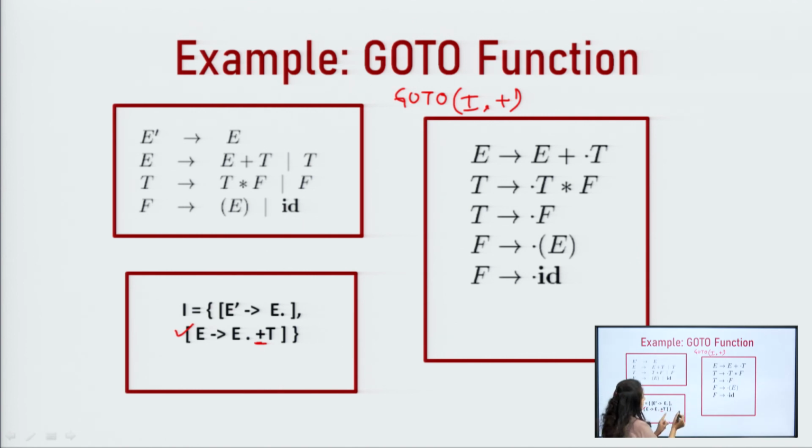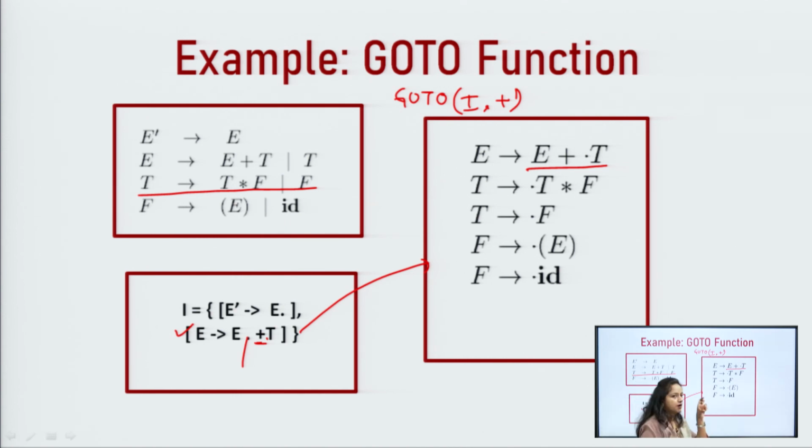So, what we will do in goto, for this item we will shift this dot right to plus. So, E to E plus dot T, we will obtain this. Now, because this is a new item, we will obtain closure for every newly obtained item. We know the process: just after the dot, immediately right to the dot we have T, and T is a non-terminal. So, we are forced to see the T productions. T productions are these. For T productions we will add the non-kernel items over here.